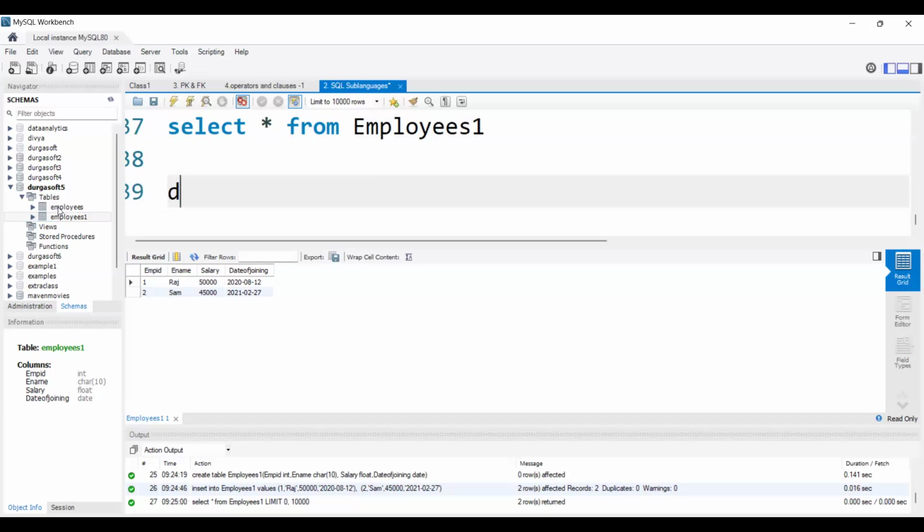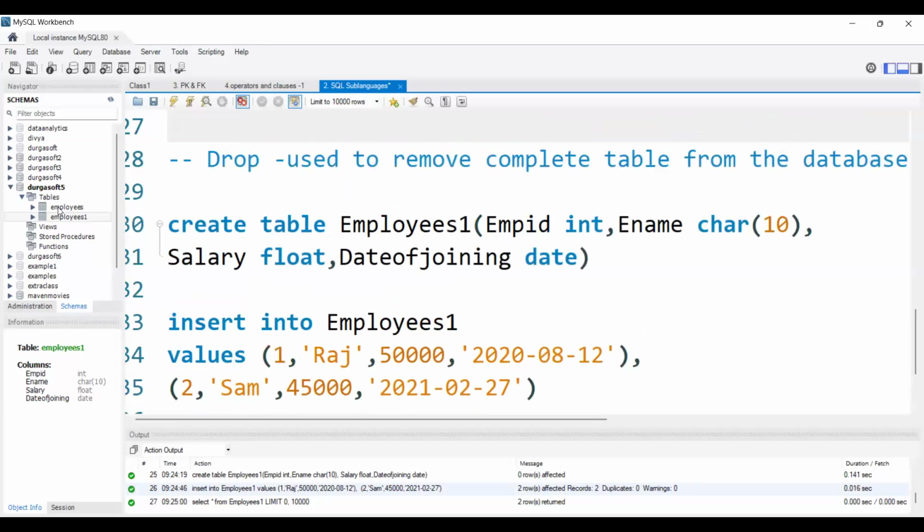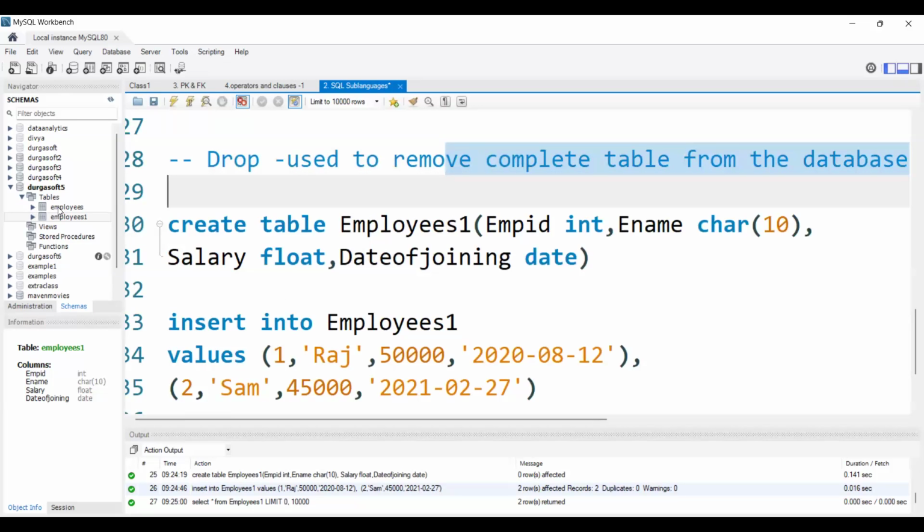So now let me use drop command. Whenever we use that command, it will remove the complete table from the database. Suppose we created one table and we felt that the table is of no use in our database, and I want to remove that complete table from the database. At that time we will use drop command.